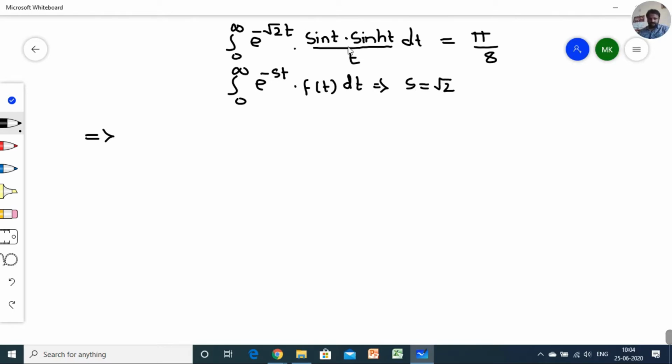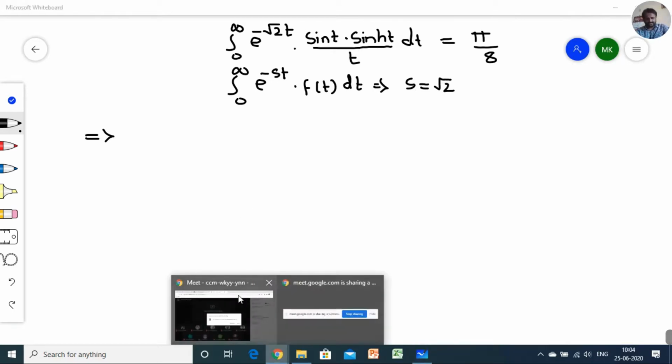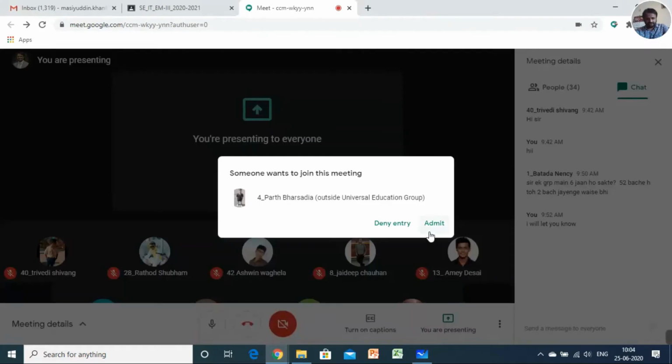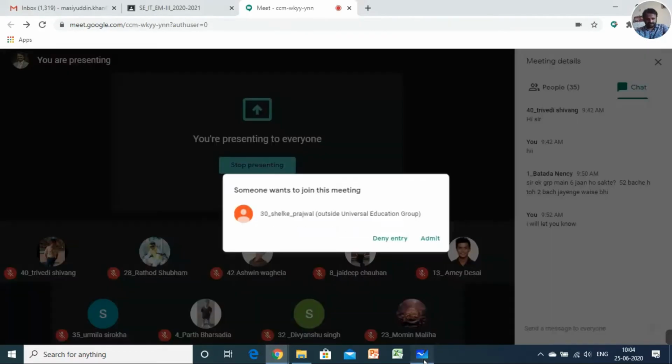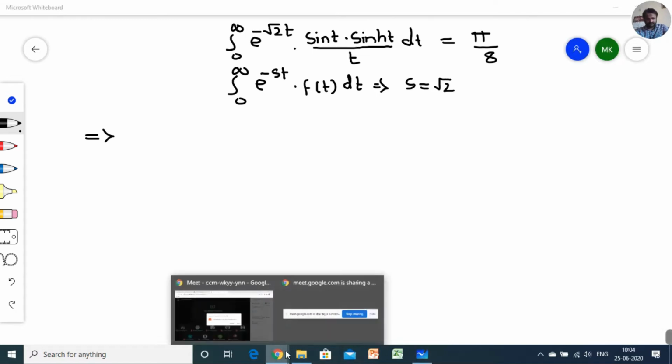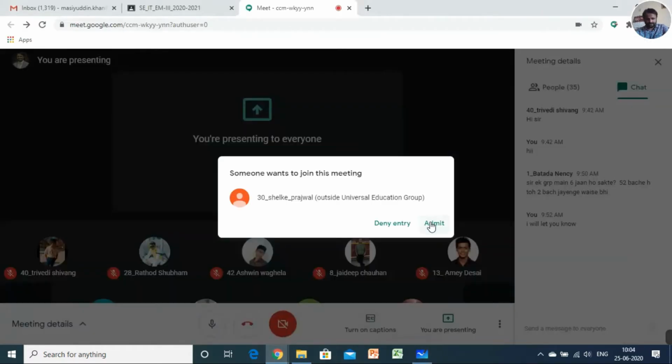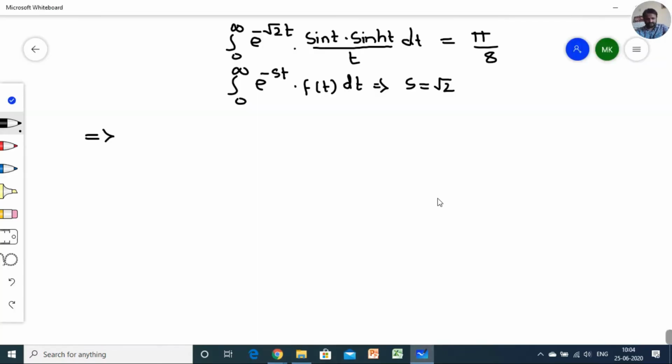So first, I always told all of you in every lecture, whenever trigonometric and hyperbolic functions are both present, you have to convert the hyperbolic in terms of exponential so that the problem solution will be very easy. So we have to calculate the Laplace transform of this function. So I am taking this part as